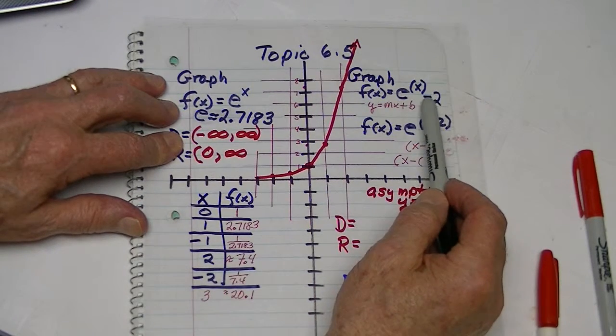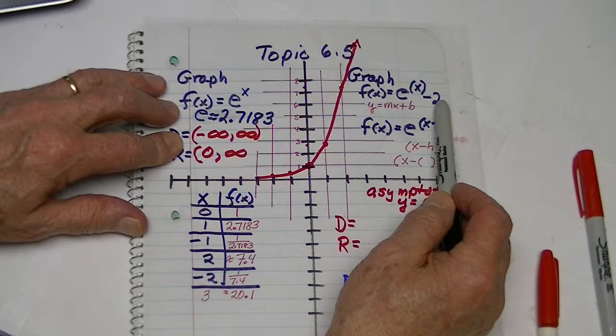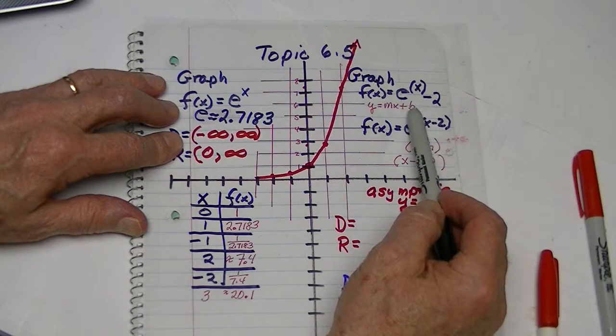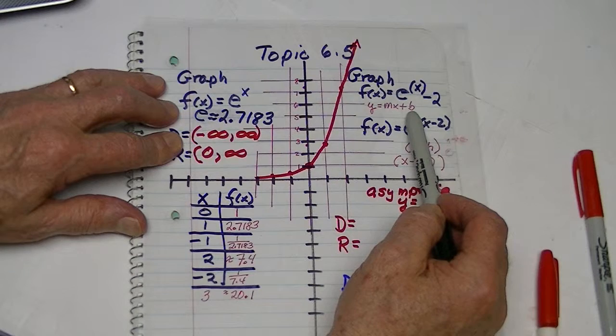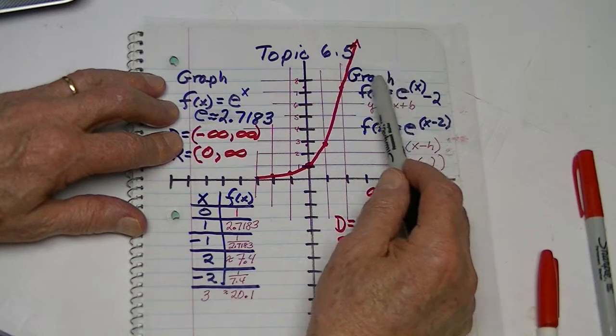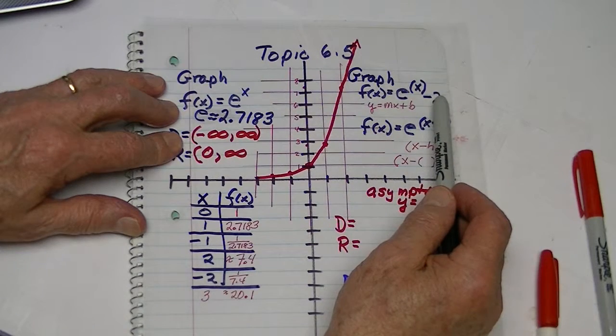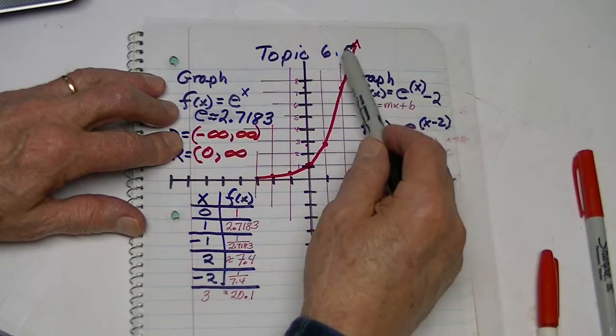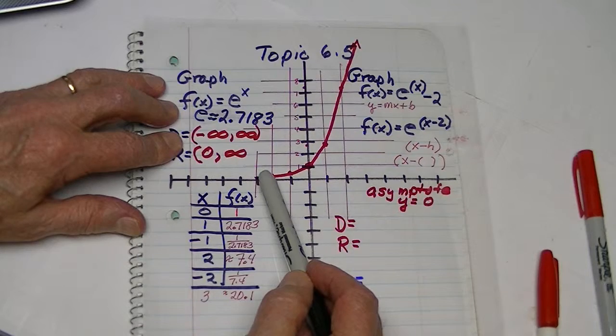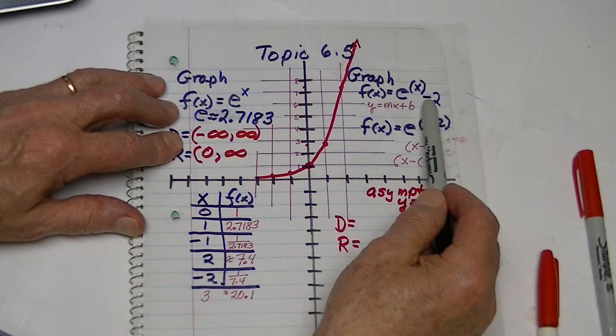And the minus 2 is sort of in the place of the b, the y-intercept. So all that would happen to a graph like this, the curve, this part would be the same, but it would drop down,